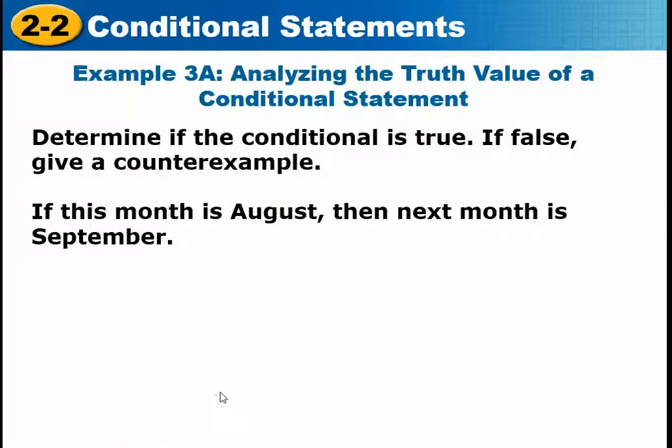All right, let's look at this one. If this month is August, then the next month is September. So first of all, is the hypothesis true? When I'm making this video right now, it's September. It's not August. So I would have to say that this is a true sentence because the hypothesis is not true, which means I don't know what's going to happen in the future. However, I do have a calendar, so I'm going to flip back a month and pretend that, yep, it's August. Okay, so now I've got a true hypothesis. Then would the next month be September? Yes, because the calendar says it's so, and you memorized it back in 1st grade. So then this is true,